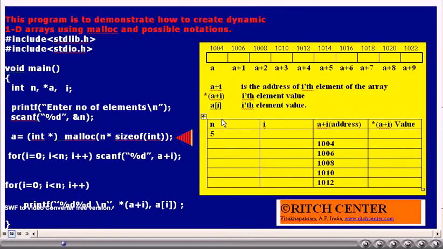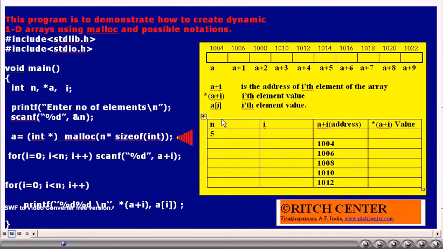here the pointer type comes into the picture, as A is an integer pointer and on the machine for an integer 2 bytes are allocated. That is the reason why if A is 1004, A plus 1 becomes 1006 and A plus 2 becomes 1008.